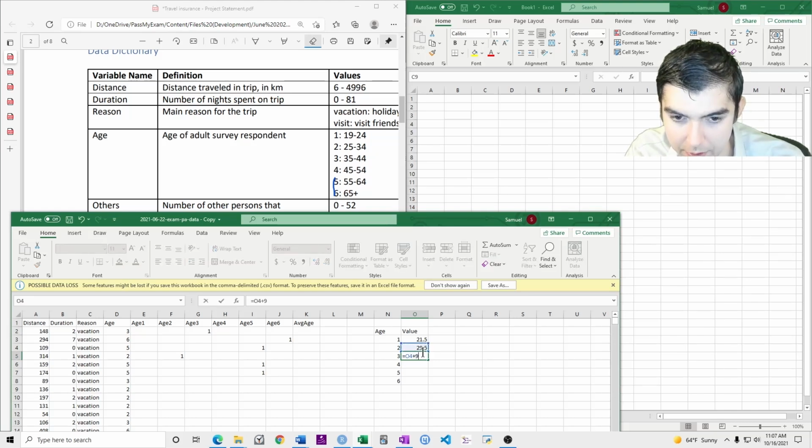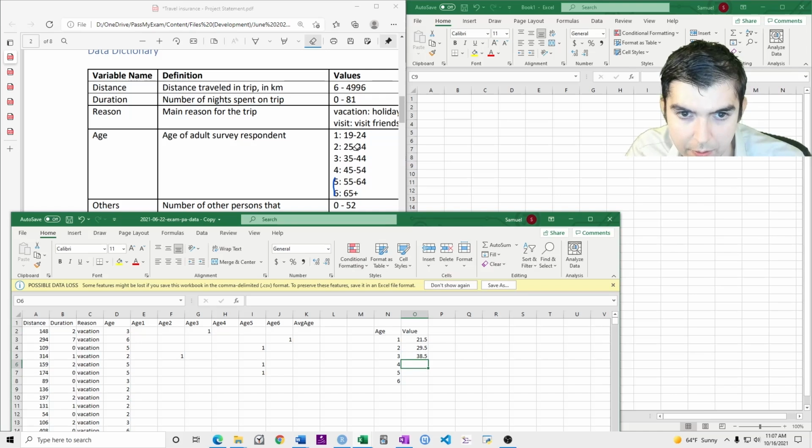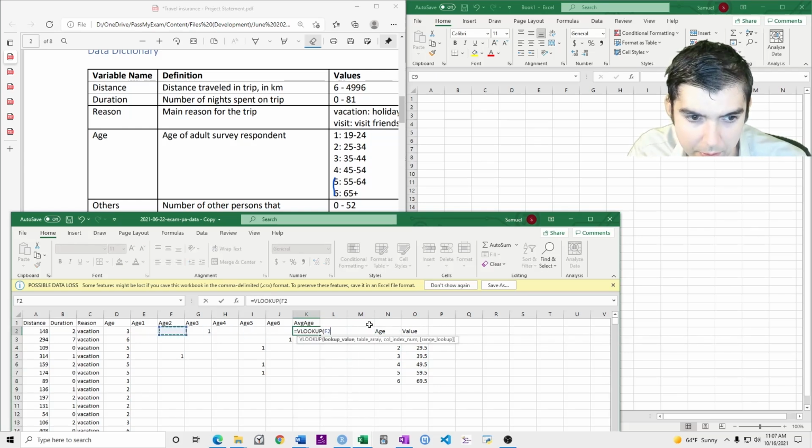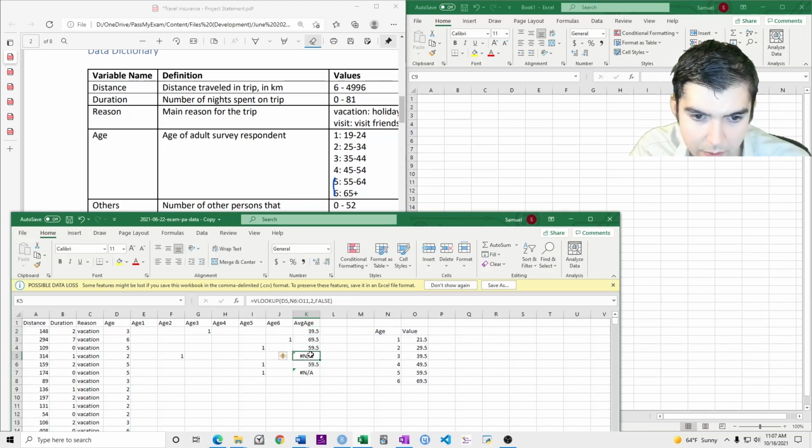And then you add 10 to it. Yeah, this is the average like that. And then the average age is VLOOKUP of this, right? That should be age 2. Not sure why that produces an error.